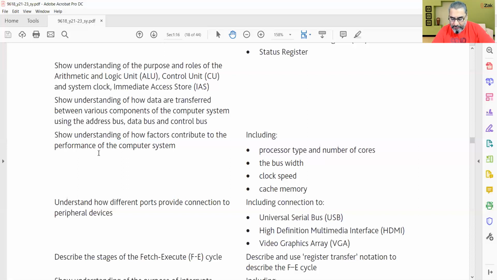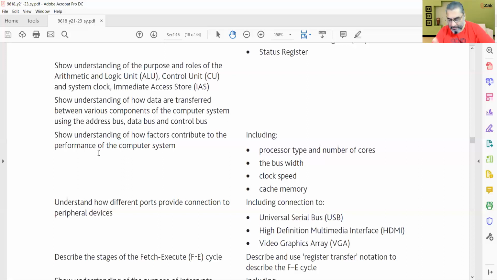Although the speed of the computer may have been increased, it is not possible to say that the computer's overall performance is necessarily increased by using a higher clock speed. Other factors, other than the clock speed, are bus width, processor type and number of cores, and cache memory, whatever you call it. Other four factors used to be considered is